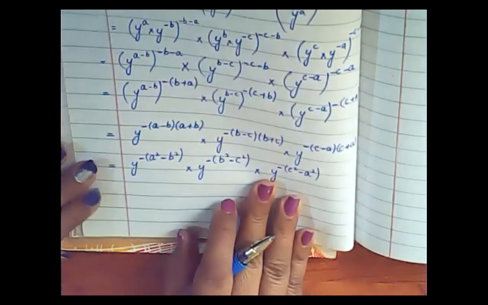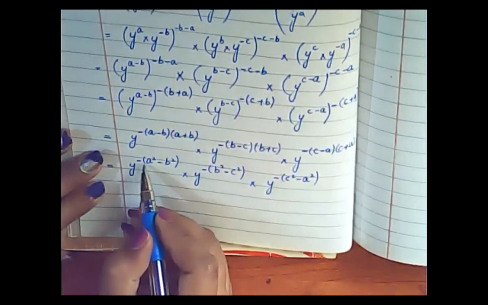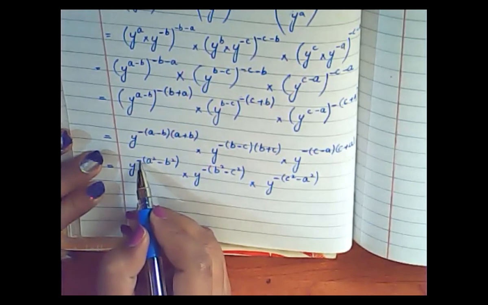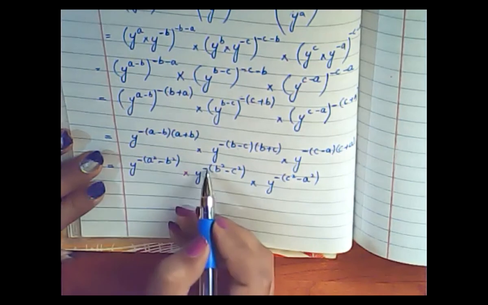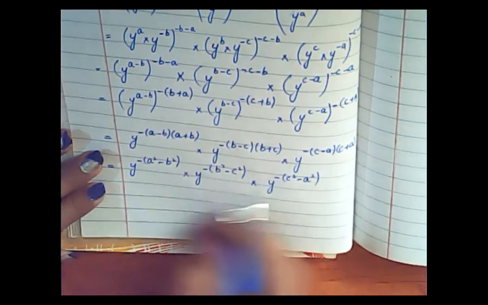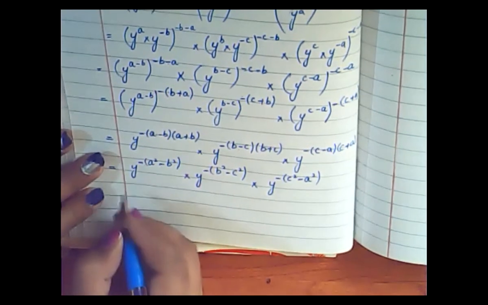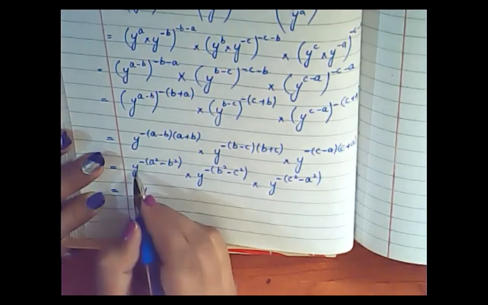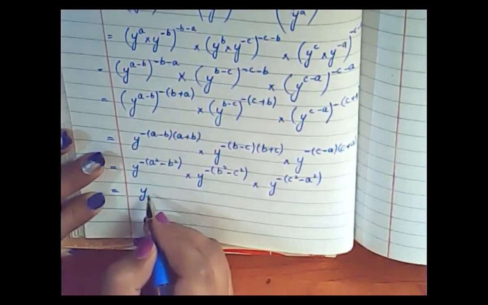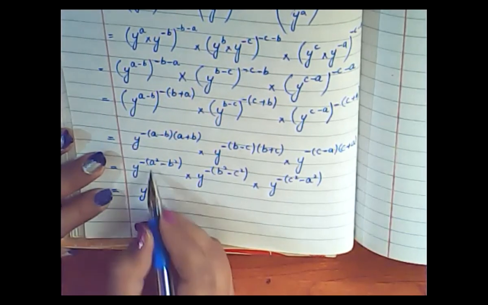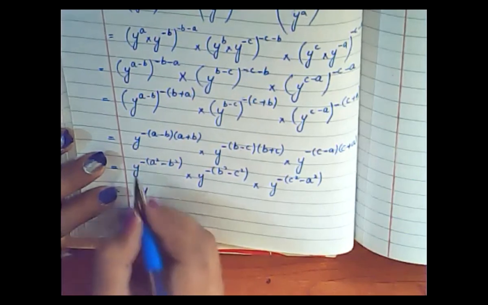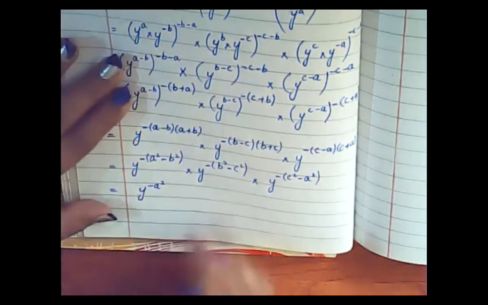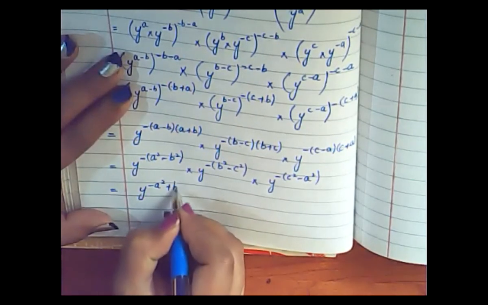Now, after that, what you will do, you are going to open these brackets. Means you are going to multiply this minus with the minus sign, this minus with the minus sign, this minus with the minus sign. So in the last step, I'm going to open the bracket. Look here. I'm going to write it down here, y, and take the common base, which is y. Base is common, so I'm going to simply write y only one time and simply open the brackets here. So it will be minus a square. Okay, minus a square, then minus minus will be plus b square.